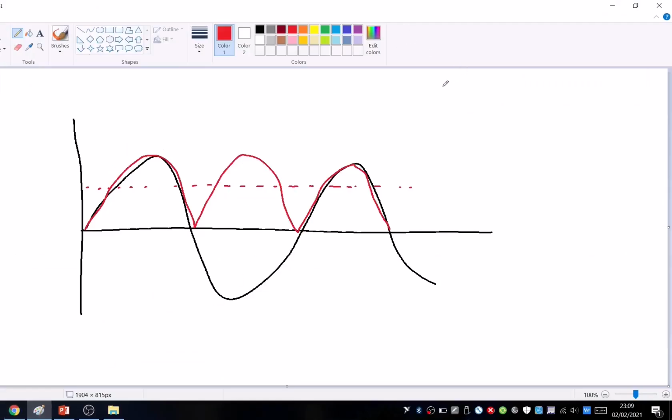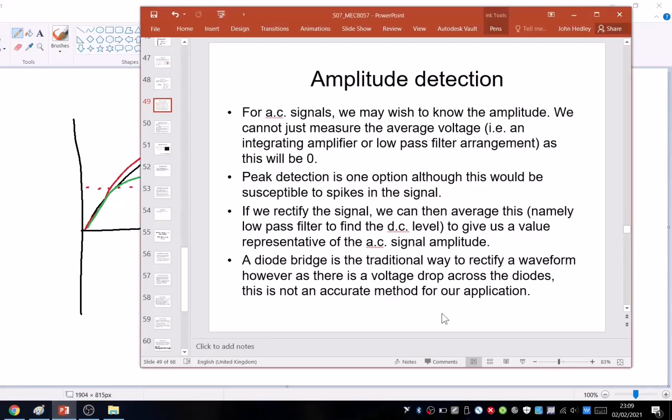The slight downside of that is diodes have got a very slight voltage drop across them. So your signal will be rectified, but it'll probably look something like that. So it would work, but there'll be a slight error involved because of this loss, the voltage drop across the diode. However,